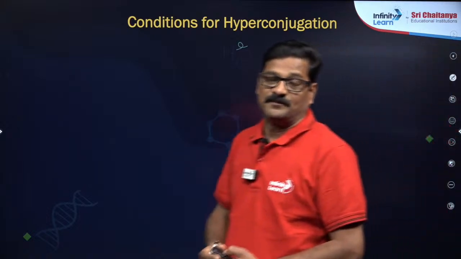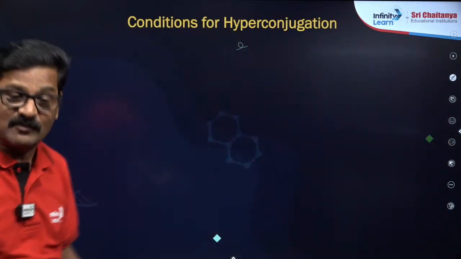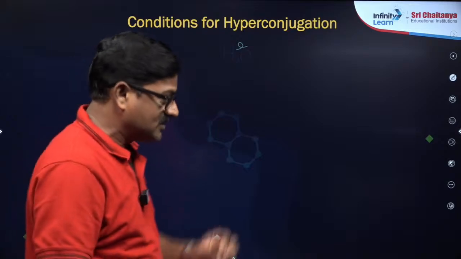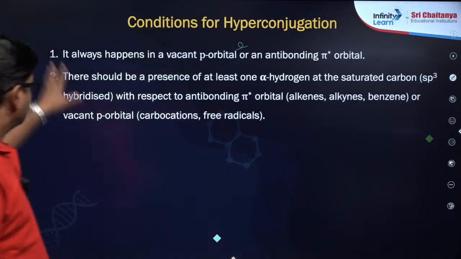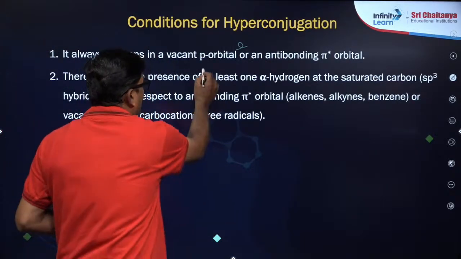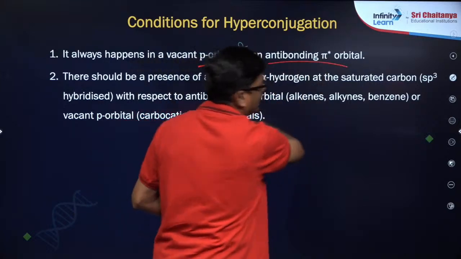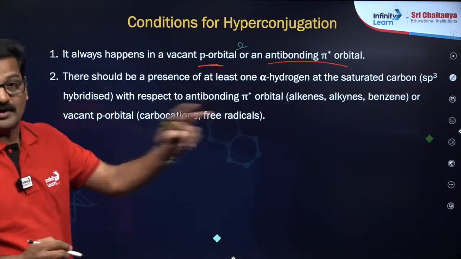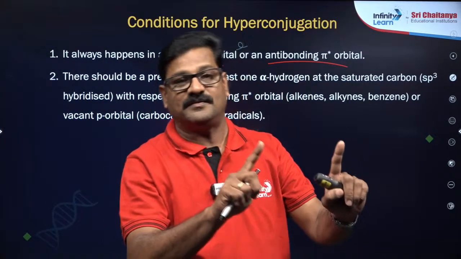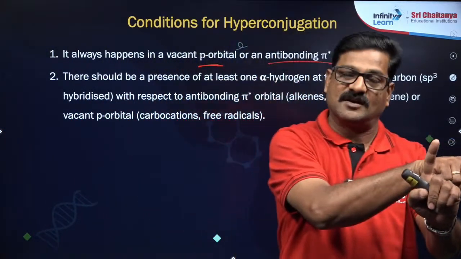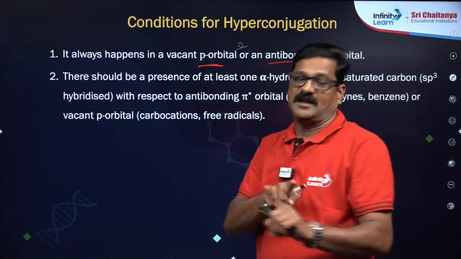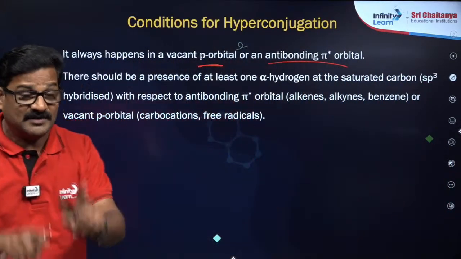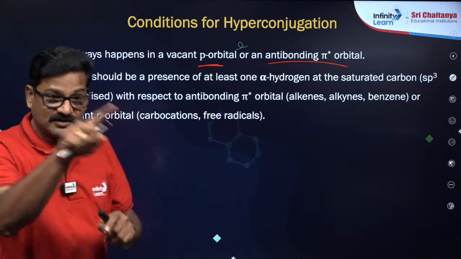Conditions for hyperconjugation. Condition for hyperconjugation is the major one. So condition for hyperconjugation is required to identify whether hyperconjugation होता है नहीं होता है. So it always happens when p orbital or anti-bonding pi orbital. That's what we have seen. The carbon to carbon double bond is bonded with the pi bond and the sigma bond of the next carbon. So how to identify that? That is called alpha carbon. That alpha carbon we have to pick. When the structure is seen, we have to pick it,